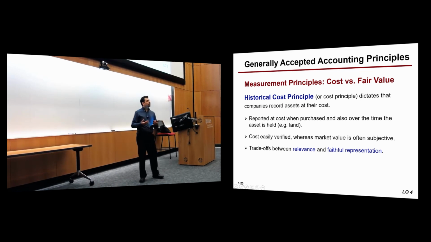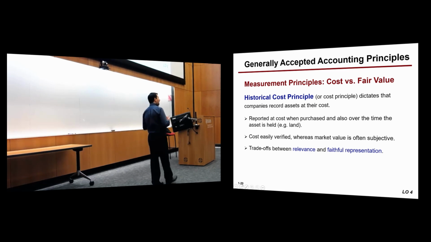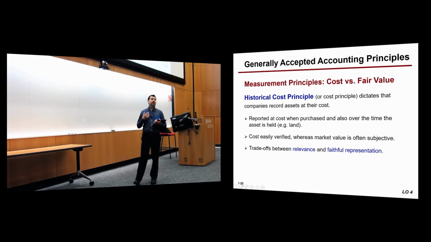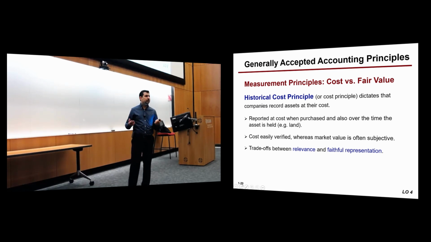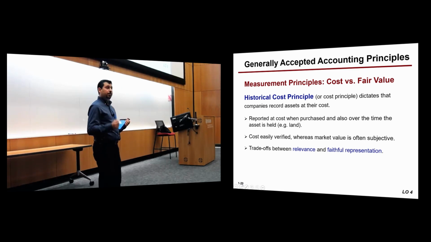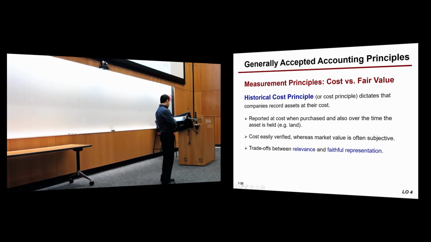Now, when you think about it this way, you say, why not just reevaluate it? Why not do an appraisal every year or something like that? Appraisals are subjective, and they cost money. It's easy to do when you have one or two buildings, but let's say you go with Procter & Gamble or Walmart, where they have thousands and thousands of locations, and even millions of equipment and parts, you have to reevaluate each asset every year. That's not possible. As a result, they use the cost principle.